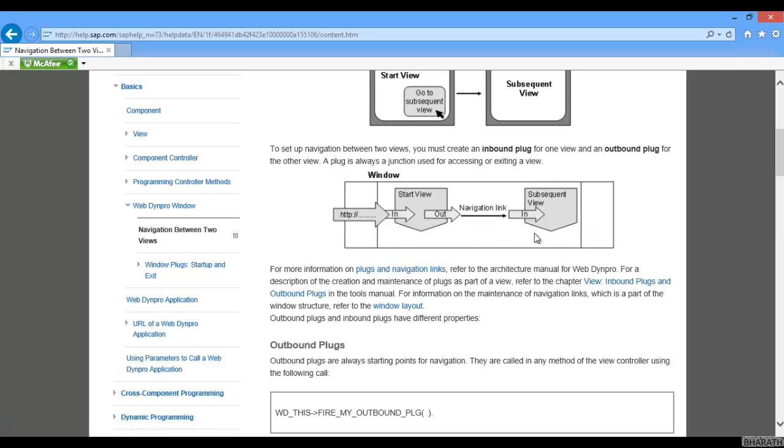In such a scenario, create an outbound plug for view 1, and create an inbound plug for view 2. Here we are navigating from view 1 to view 2. We are exiting view 1 and entering view 2. Exiting means we are going out of view 1 and going into view 2. That is why we have to create an outbound plug for view 1 and